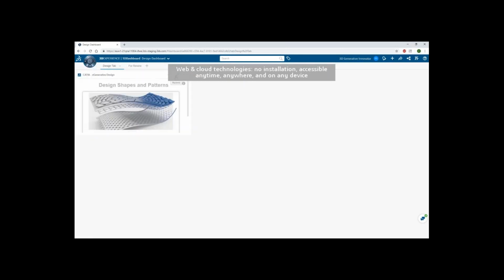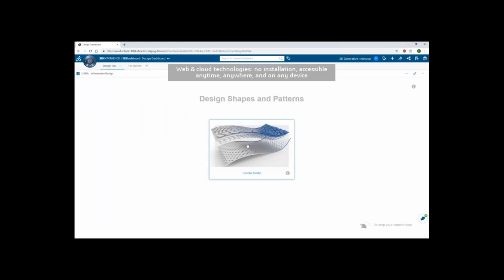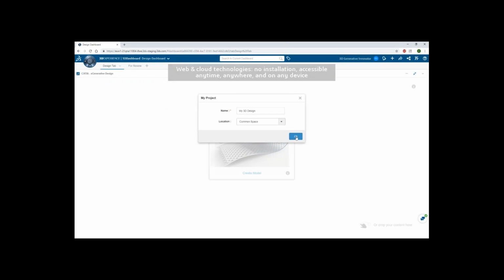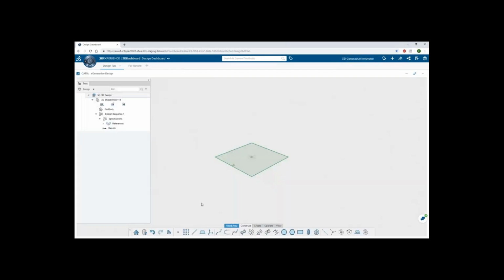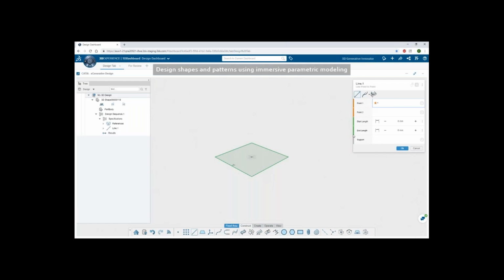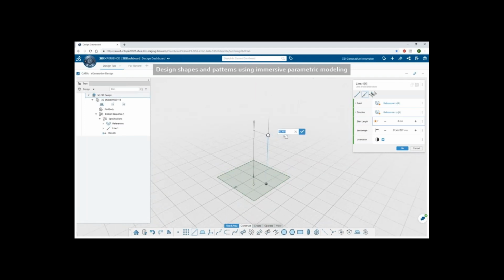You can access it anytime, anywhere. So if you would like to design any new complex shapes and patterns, this will be useful. There are several parametrics which we can define as inputs to play the entire design and make it as complex as possible.